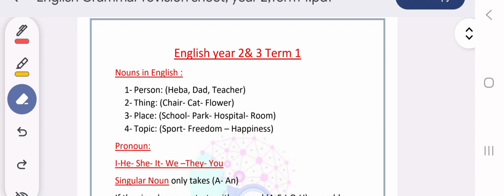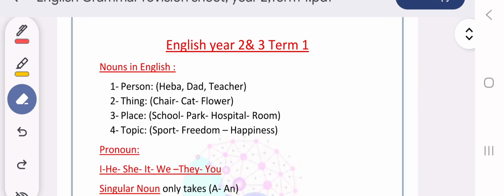But teacher, year 2 and year 3, they have the same grammar? Yes. Well, grammar in English is the same. Even if you are in grade 11, you will take the same grammar. But, of course, it will be more advanced. For year 2 and year 3, they have the same basics for grammar, so we are going to explain both of them together. So, in year 1,